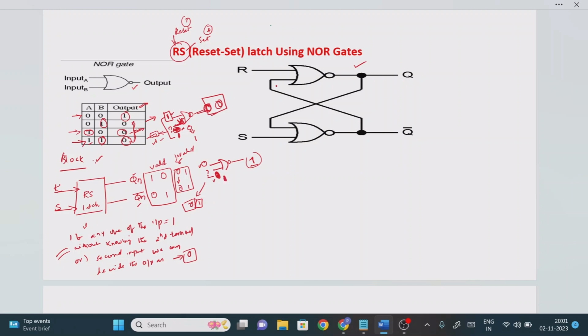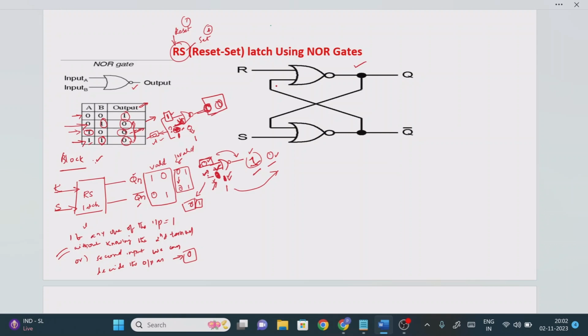Possibilities, right? 1. So as per the truth table, input 0 1 means what is the output value? So 0 1 means output equal to 0, right? So try to understand here. Here the input 0 means we are getting some different output. Input 1 means we are getting some different output. It means that the second terminal value is mandatory in order to decide the output value, because if one of the input equal to 0, directly you cannot decide the output, because the second terminal 0 means we are getting some output, the second terminal 1 means we are getting some other output, right?